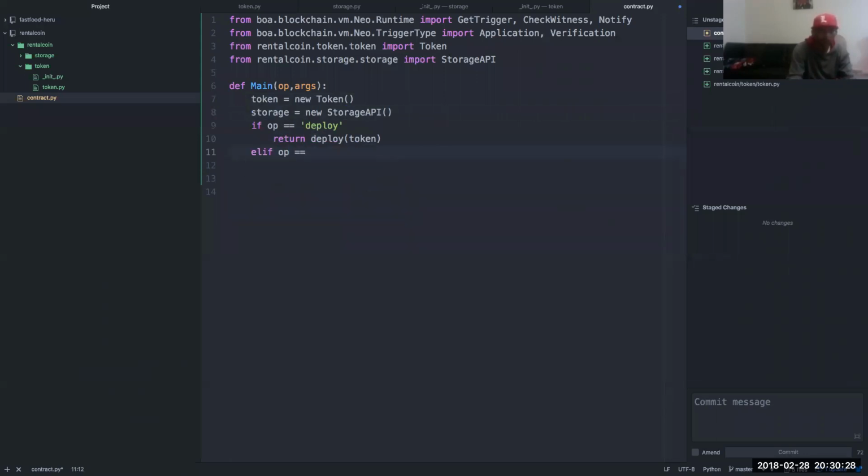If equals total supply, we're gonna return token dot get total supply. If equals name, then we're going to return token dot get name.